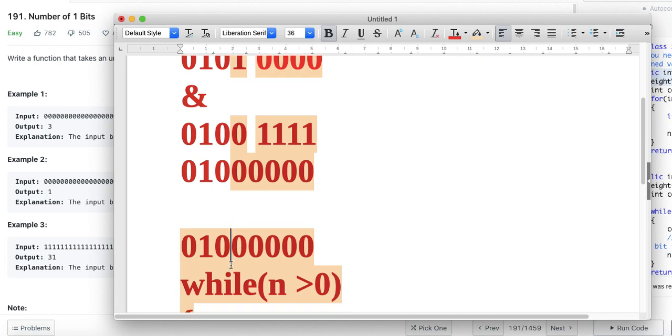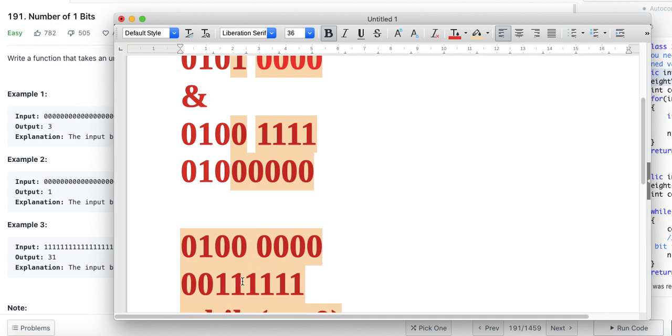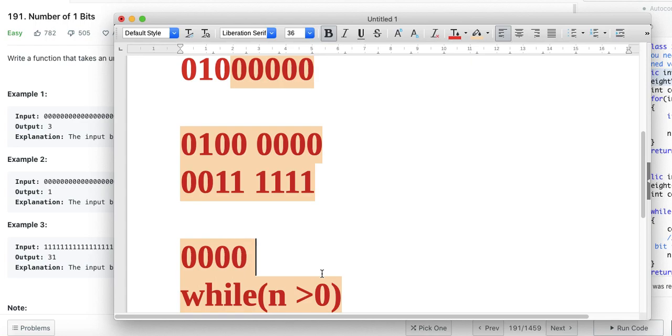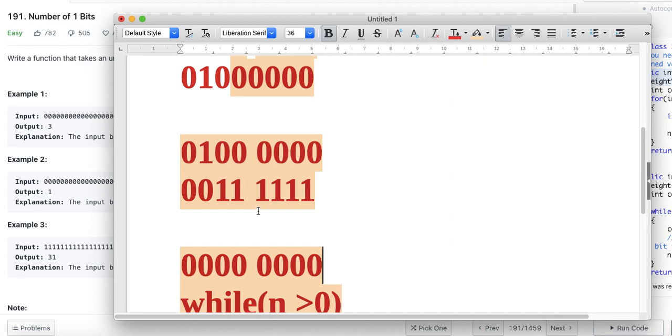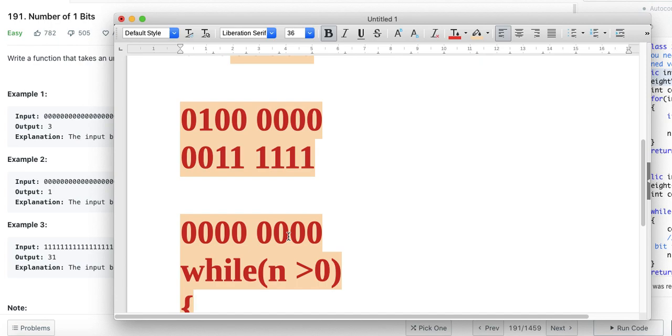But here the first operation itself will make this 0, and so you got the answer in only one iteration. The loop goes only as many times as there are set bits. If there are 2 bits set, the loop goes only 2 times. So this is a little more optimized.